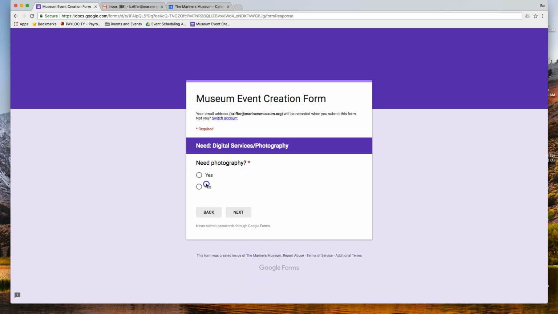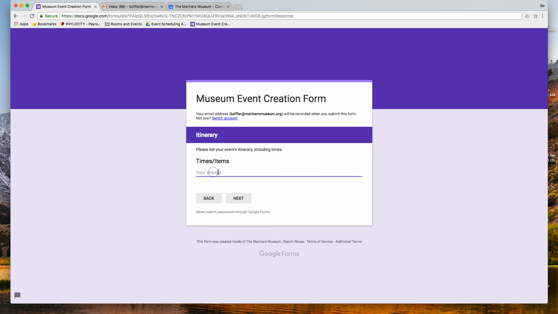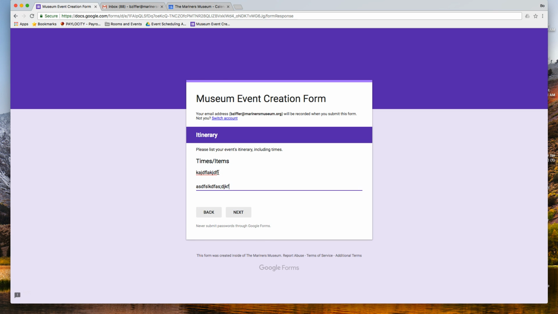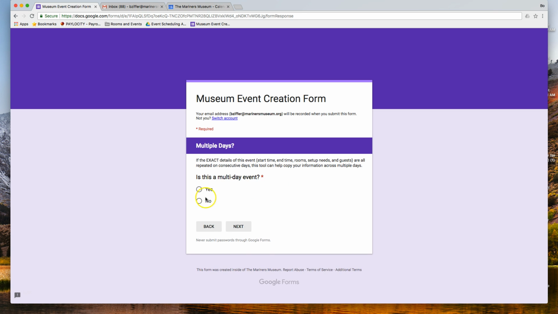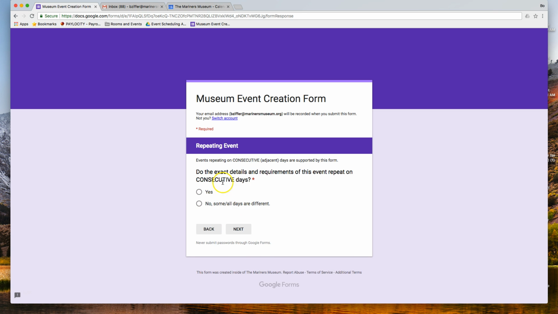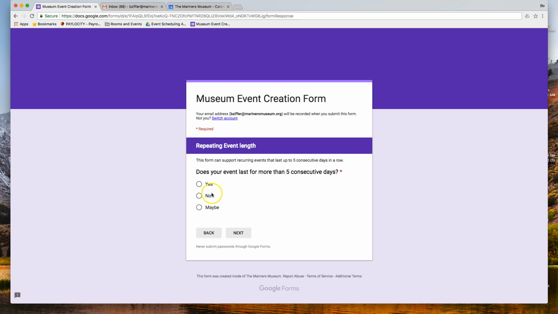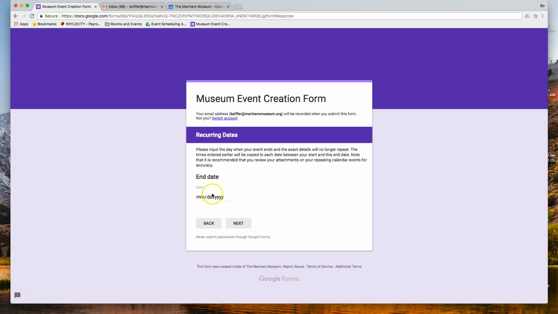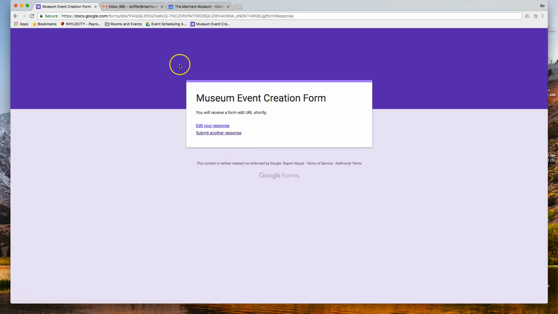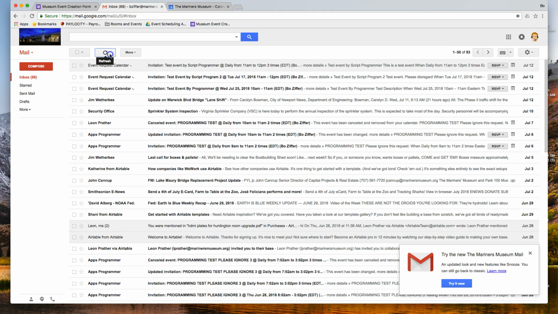No support from them. Just entering in some random text just to see if it copies over. It is a multi-day event. Yes, no, and pick the 18th. Submit. All right, so that took a while, but 13 minutes in, let's see if we've got anything from that